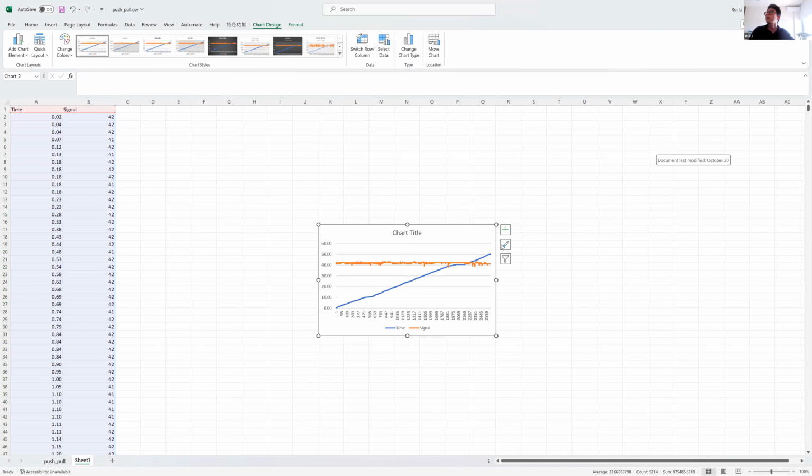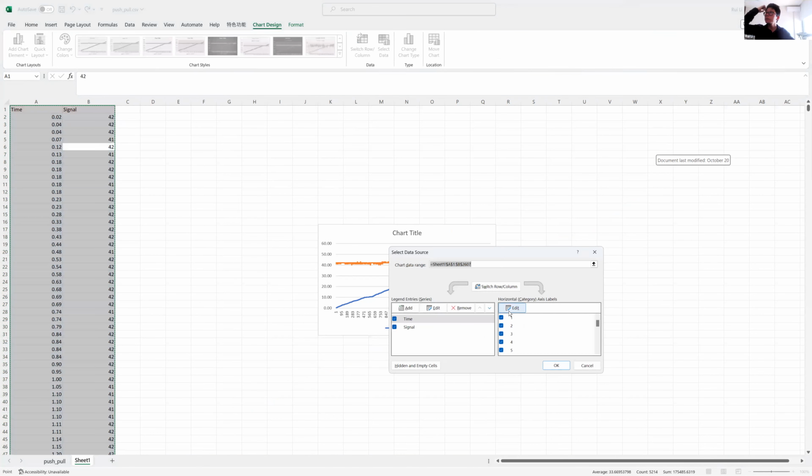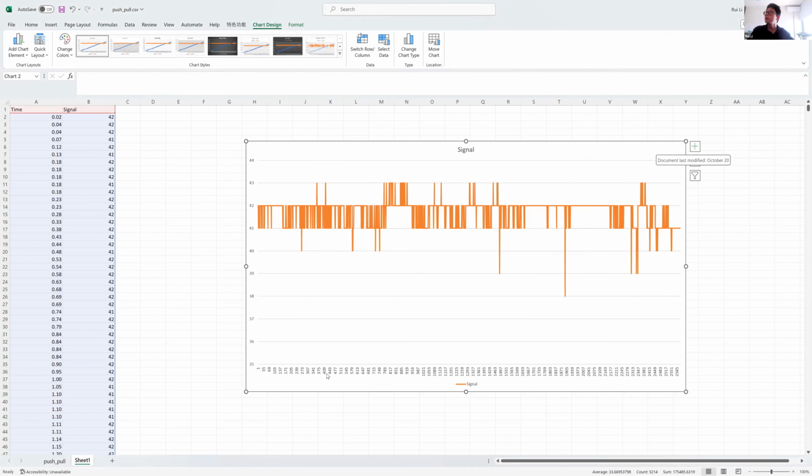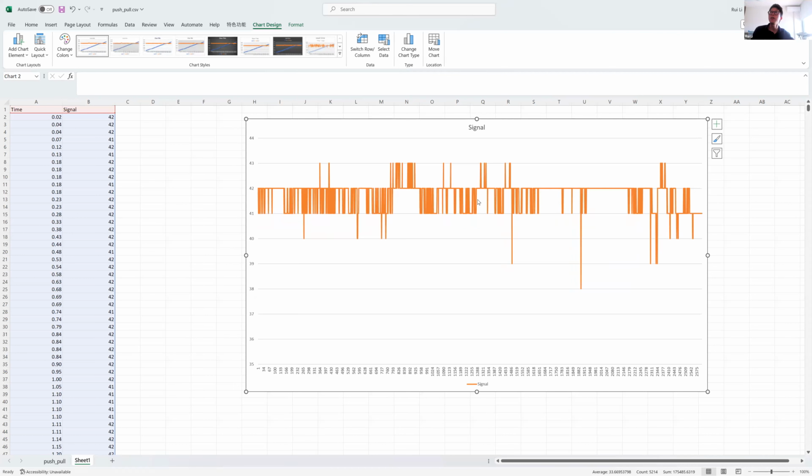No, it's not correct. So I just do it in this way. I remove the time, but you need to make sure the x-axis is the time. Okay. So you can see there's no fluctuation for the gesture because I didn't do it in front of the router. So if you can try to perform some gesture that may cause a specific pattern